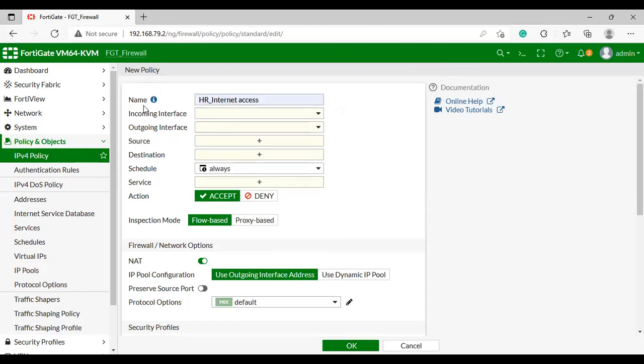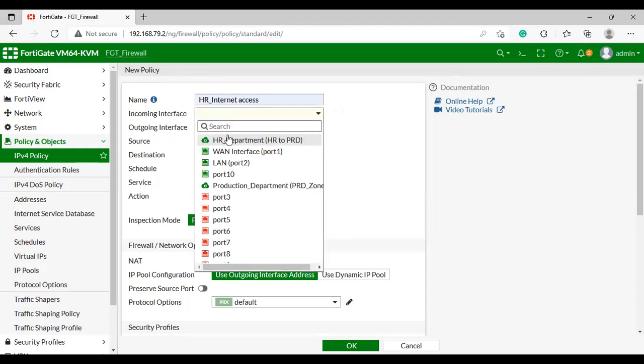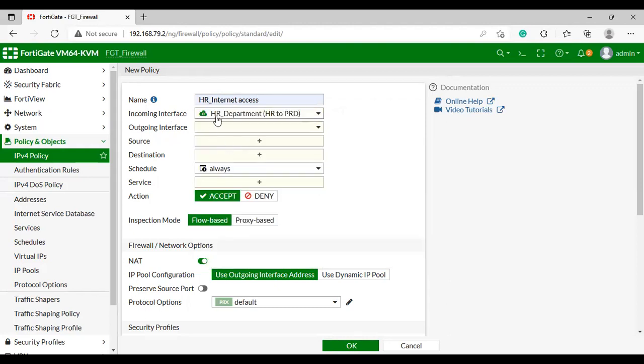First of all, you have to give the name of the policy. I have given the policy name HR internet access. Incoming interface will be the sub-interface, and outgoing interface will be the interface which is connected to the internet.